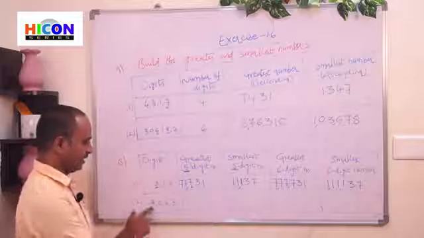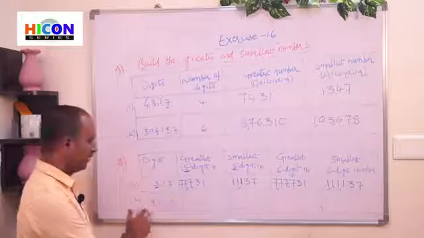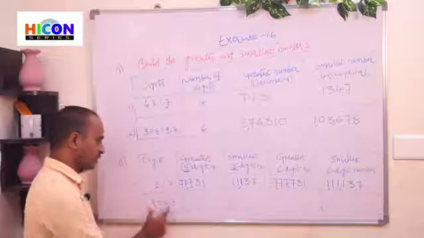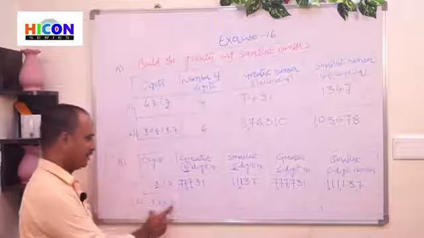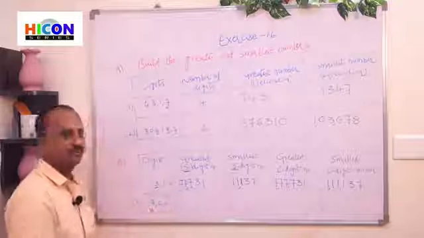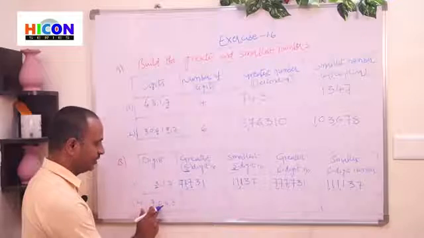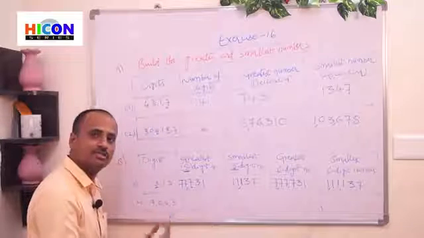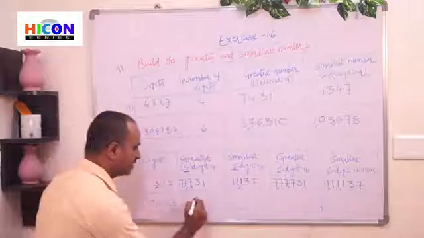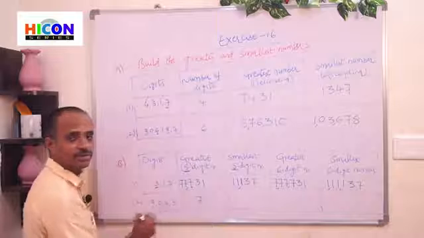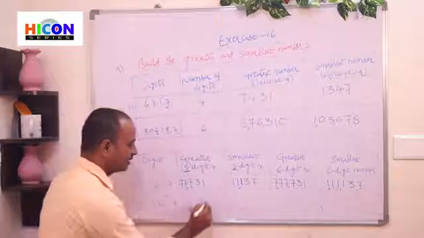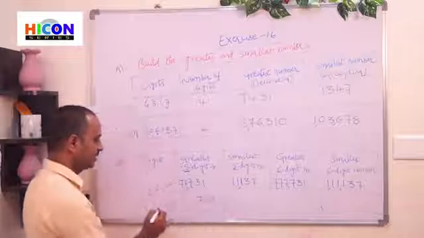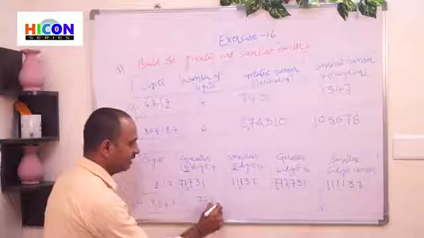So the given digits are 7, 0, 6 and 3. There are 4 digits. Now we have to form the greatest 5-digit number. So first write the greatest number with the given digits. Arrange these digits in descending order. Descending order means greatest to smallest. Which one is the greatest? 7 is the greatest. After 7, which one is greatest? 6 is the greatest, so write 6 after 7. After 6, which one is greatest? 3 is the greatest. So there is 0 remaining. So write the remaining digit in the last.